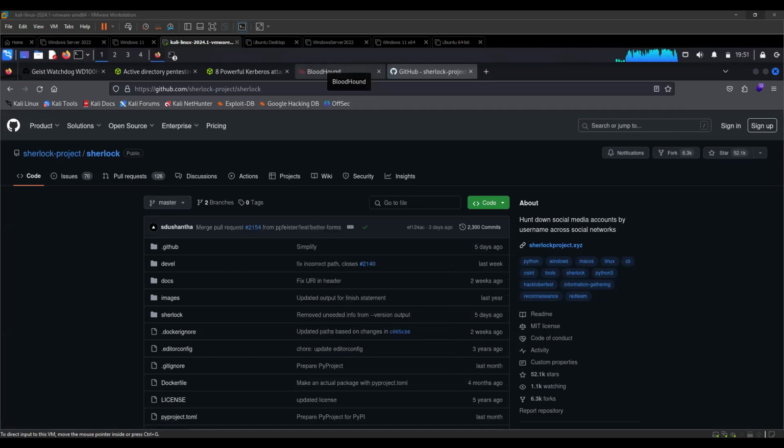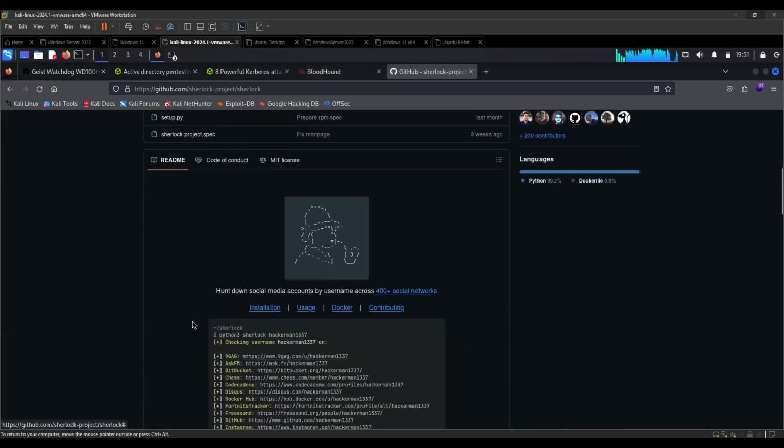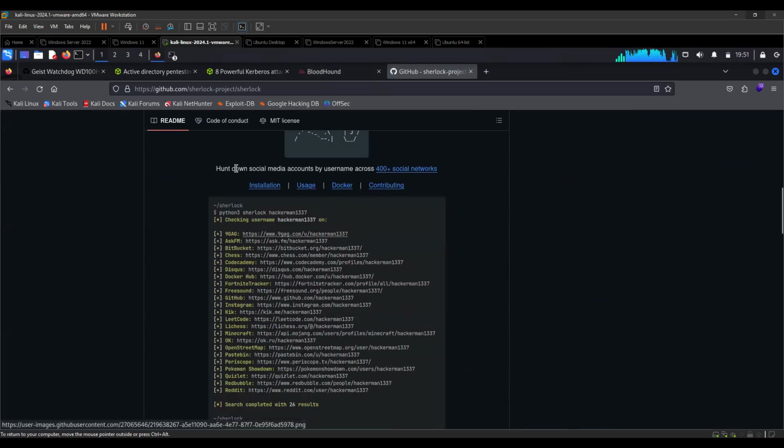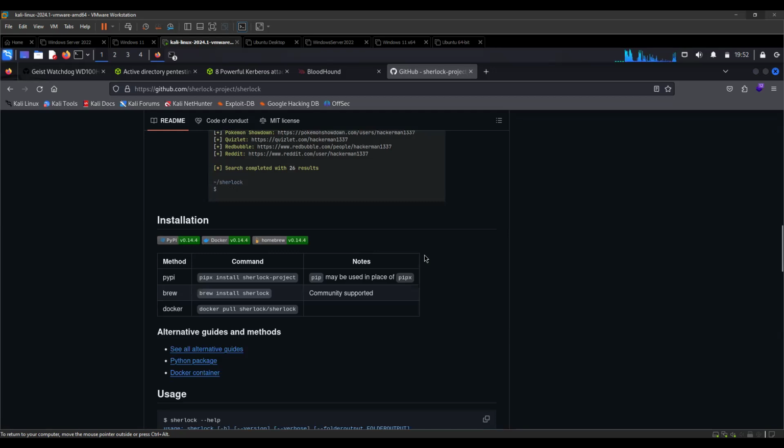So the tool, you can read what the tool does here. They give a description. So basically what it does is hunt down social media accounts by username across over 400 social networks, right? So if you have a username, you can just do a search on it to see any platform that particular username is registered on. And to install Sherlock, it's kind of straightforward.